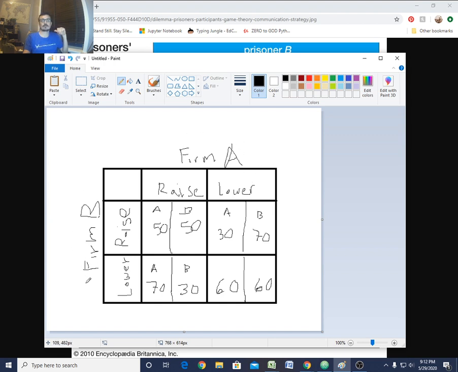So we have firm A and firm B, right? They can either raise or lower their prices. Now, if firm A lowers their prices and firm B lowers their prices, they are going to sell more, right? Each one of them will sell more because more people will buy. They'll actually make overall 120% of what the current market is. They will each get 60% of the current market because they are going to create a bigger pie by lowering their prices. However, if firm A lowers its prices, but firm B raises its prices, firm A by lowering its